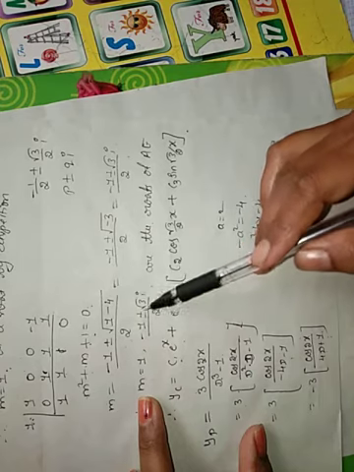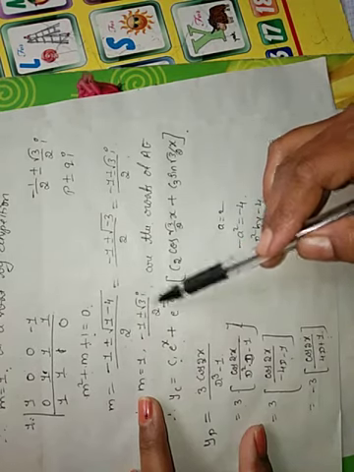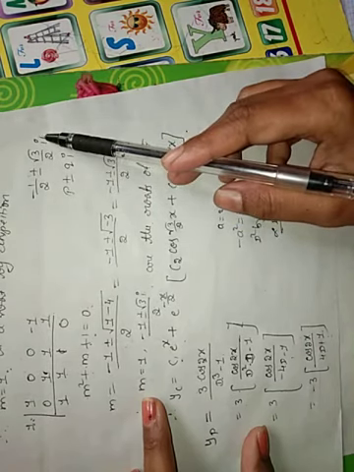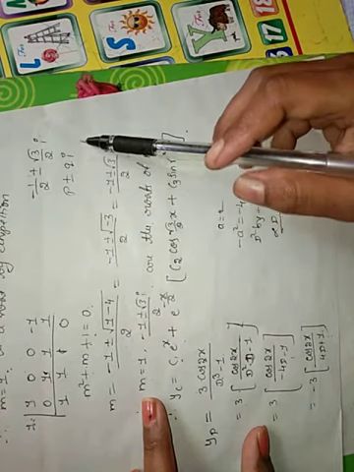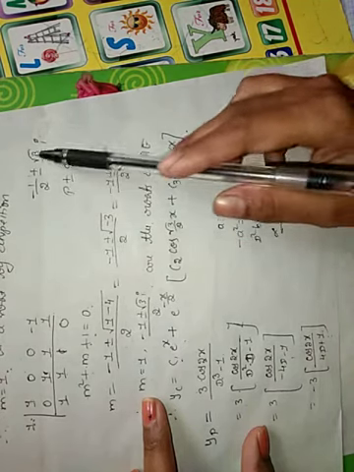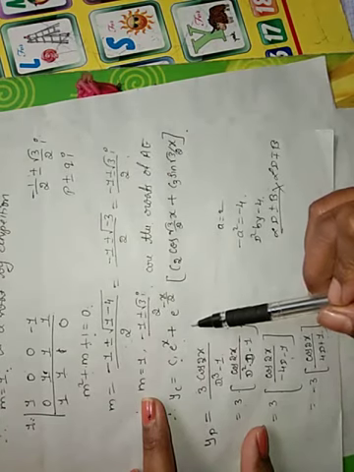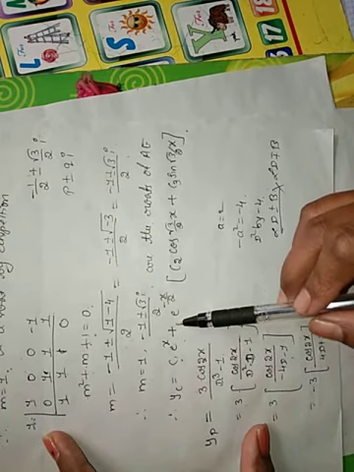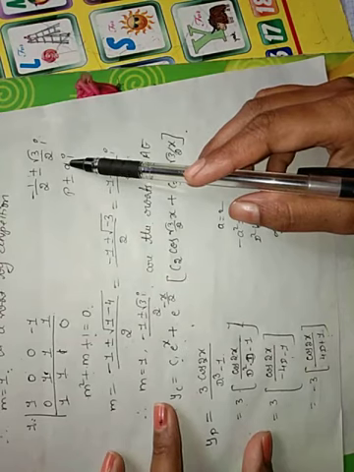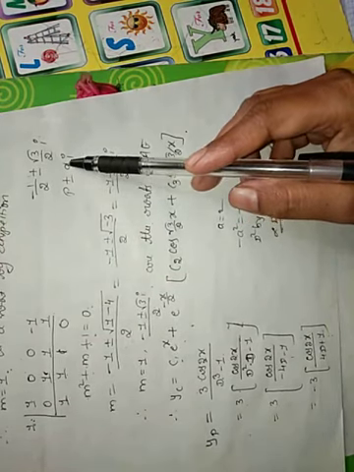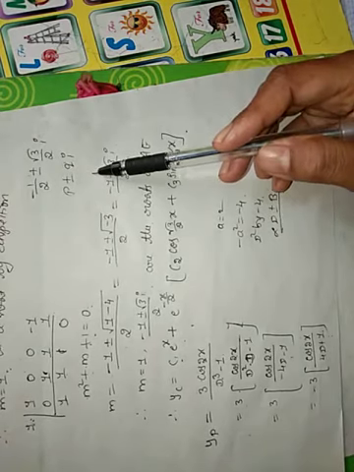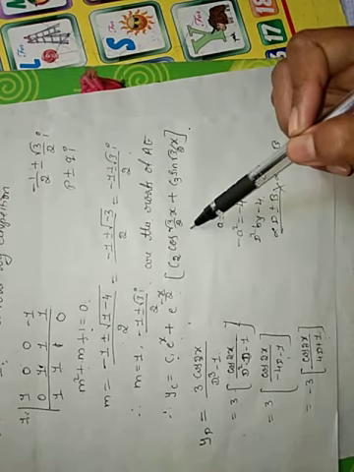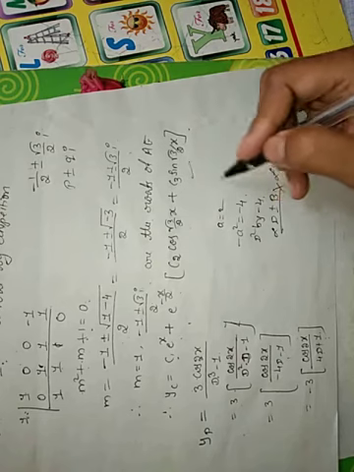So here minus 1 plus or minus root 3i divided by 2 can be written as minus 1 by 2 plus or minus root 3 by 2 into i. When you compare it with p plus or minus qi, p equals minus 1 by 2, q equals root 3 by 2. Now I am going to write the complementary function. One root is real and distinct, so that gives c1 e raised to x. The other roots are complex, so the formula is e raised to px into c2 cos qx plus c3 sin qx. Substituting p equal to minus 1 by 2 and q equal to root 3 by 2, we get the complementary function.